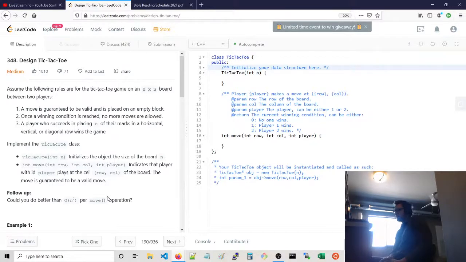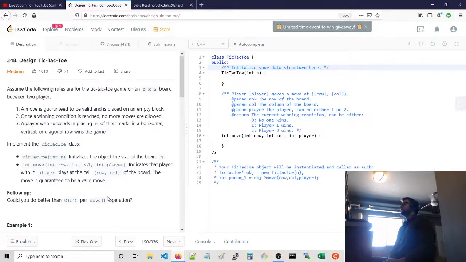Something like this where each row and each column, you have a data structure for each row and each column that will keep a count of the number of, I think we use X's and O's for Tic-Tac-Toe. Keep a count of the number of X's and O's that have been placed in that particular row or column. And you have a pair of integers that represents that. Number of player 1 values in there, and number of player 2 values in there. And then, when you update the row column, you say,